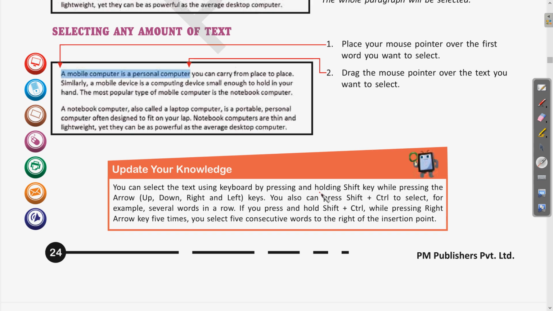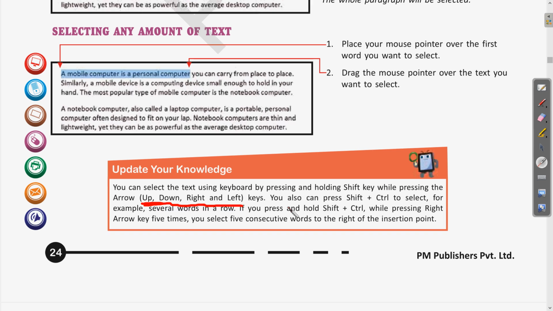We have to press and hold the shift key, and with that you can use the other keys, like the arrow buttons, up, down, left and right, which are also used for playing games. So the same you have to use with the shift key. Clear?